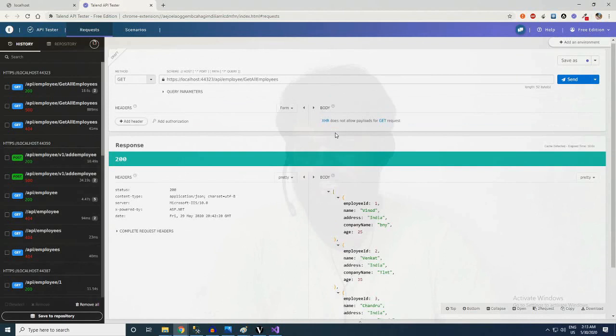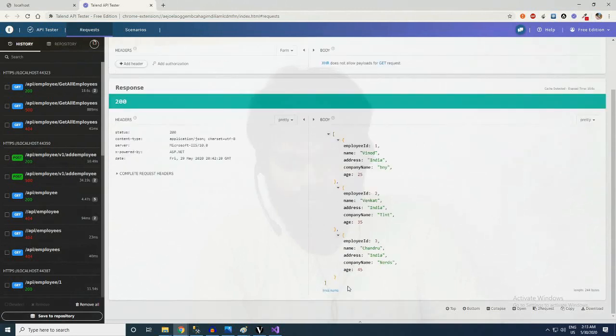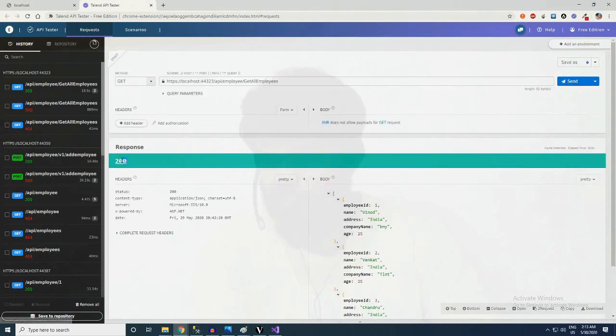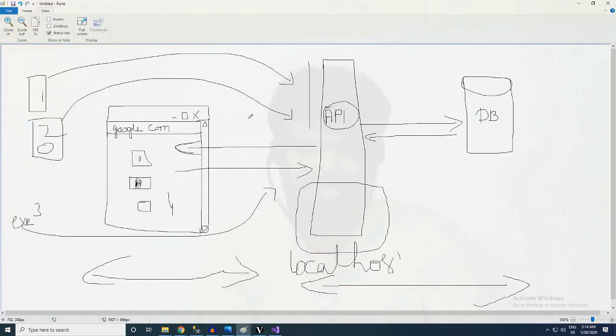While they send the request via HTTP client, they will get this data as their response with response number as 200. So this is what REST API means, and we have seen how multiple platforms can access our API itself.